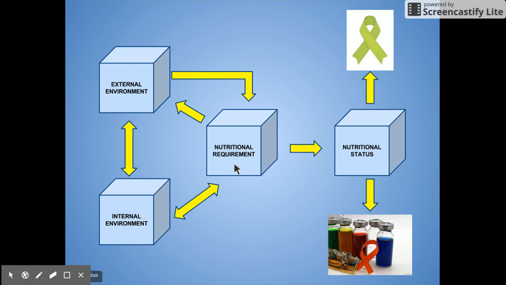We have the external environment, which typically influences our nutritional requirements and also interacts with our internal environment. But then these nutritional requirements have a much bigger impact. You can see it has an impact on all these three areas. So here are some examples of an external environment. External environment would be items like religion. Certain religions don't eat certain types of foods, or are forbidden to eat certain types of foods or even touch them. We could talk about culture.